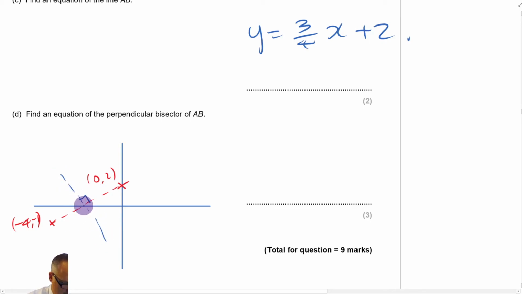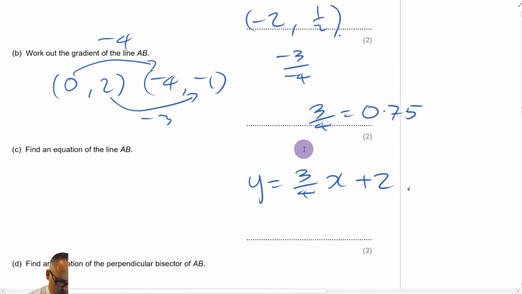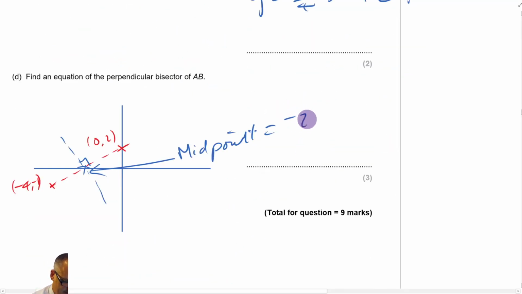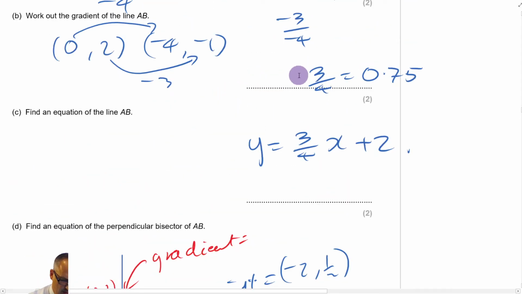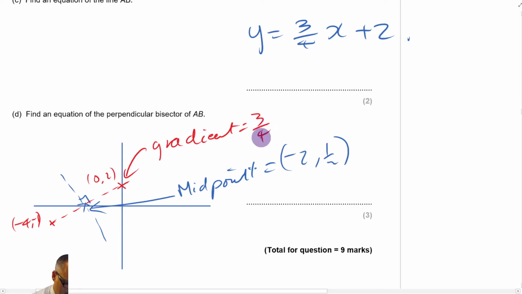Now, we know the point it goes through because we know the midpoint. So this is the midpoint, is equal to, what was it? It was (-2, 0.5). Now we know the gradient of our red line was equal to 3/4. To find the gradient of the blue line, remember we do -1 divided by 3/4. Now that's the same as times it by 4/3, so we just get a gradient